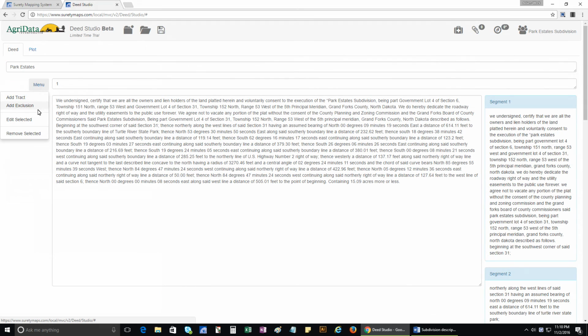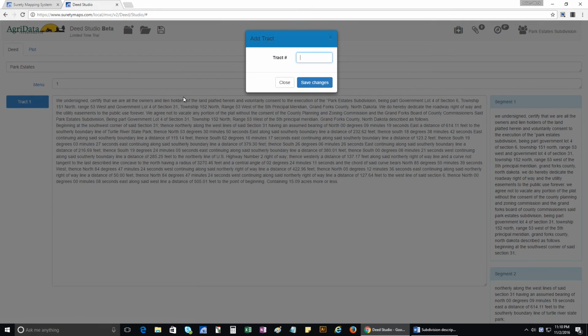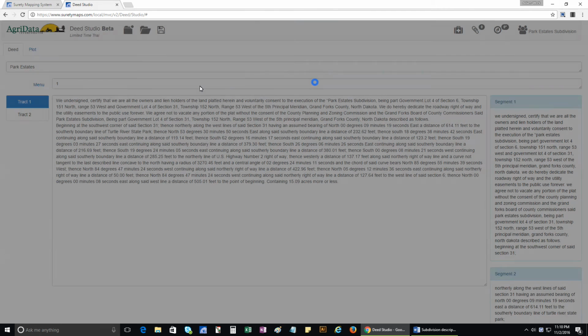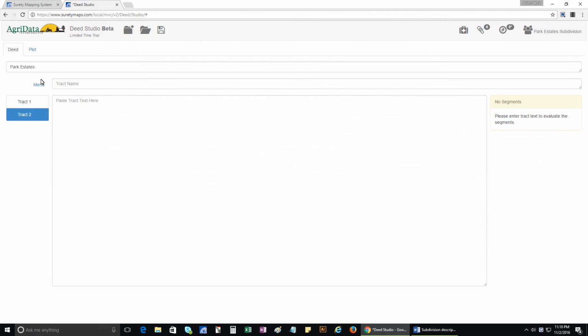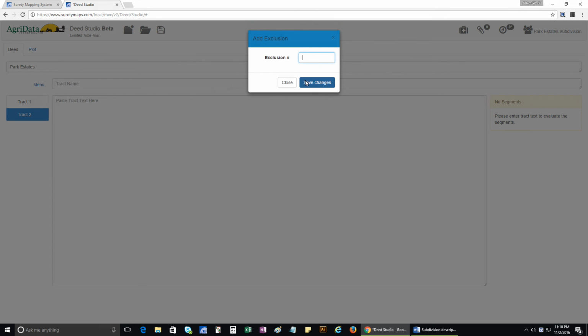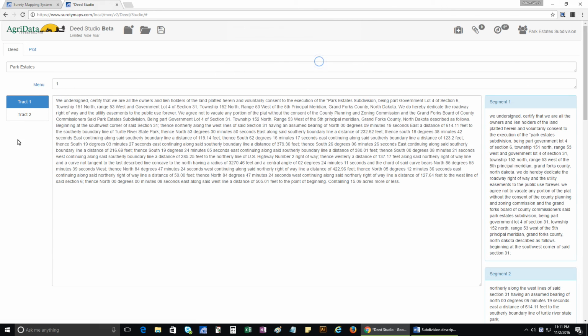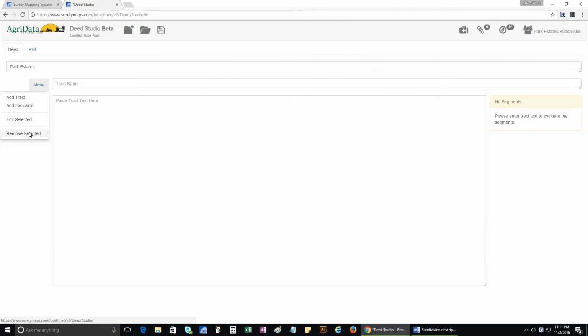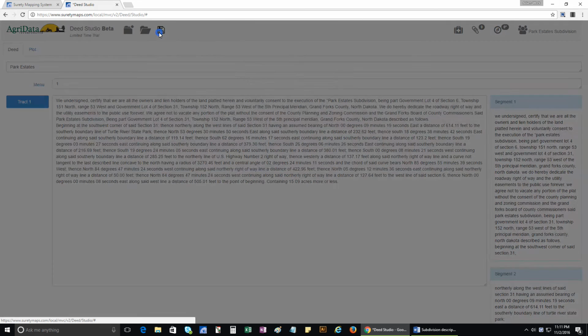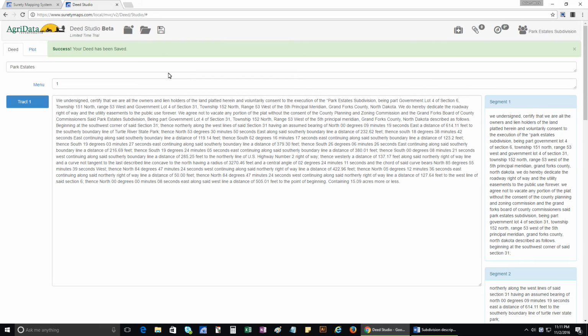We can add more tracts, or we can add more exclusions or exceptions to the boundaries as well. Save again. And if we now go back to the Surety Mapping System tab,